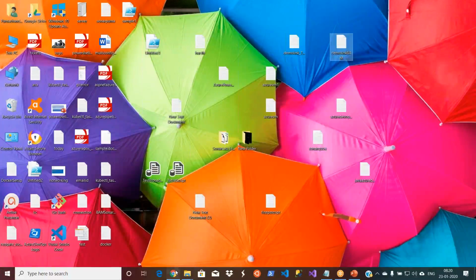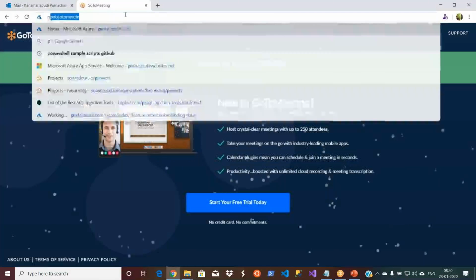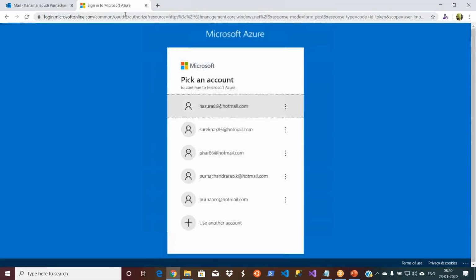So before that, let me go to portal.azure.com. The reason is I'm connecting to my Azure SQL database from my laptop, and my laptop gets a dynamic IP. Every time I restart, I will get a new IP.